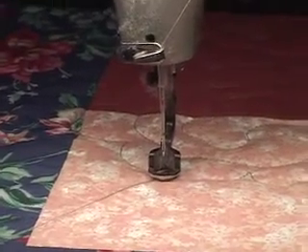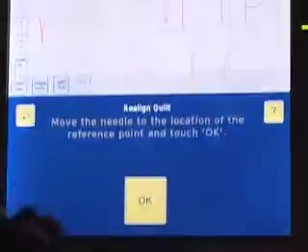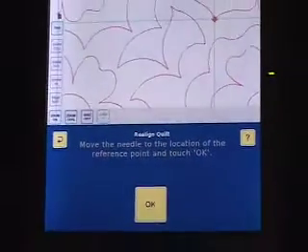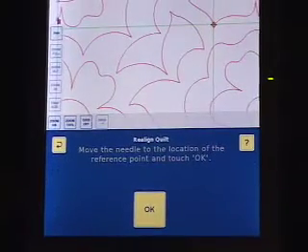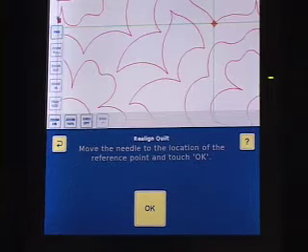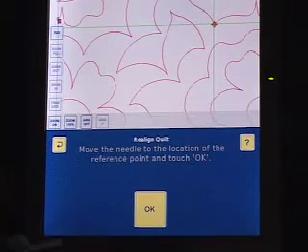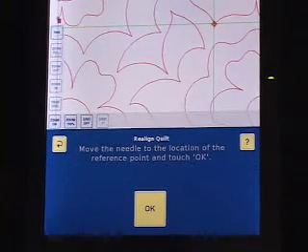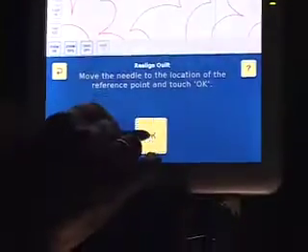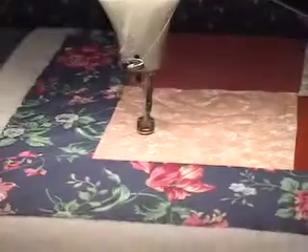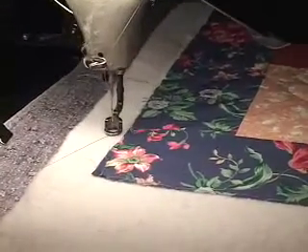Now when I touch OK, IQ is going to move to the last row, but I don't want it to stitch that last partial row, so I need to stop it and then touch restart to show it where it really needs to start. So I'm going to touch OK. I'm going to stop. Now I'm going to touch restart, and I'm going to move IQ over here. I'm looking at the image